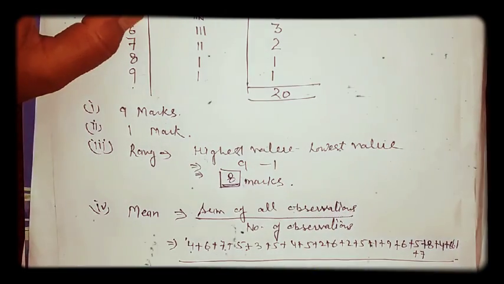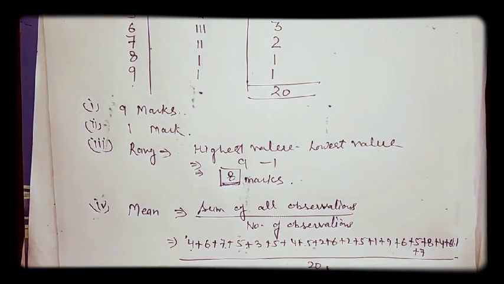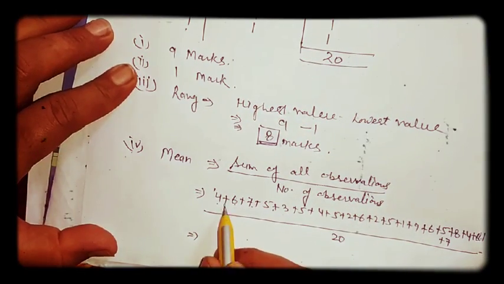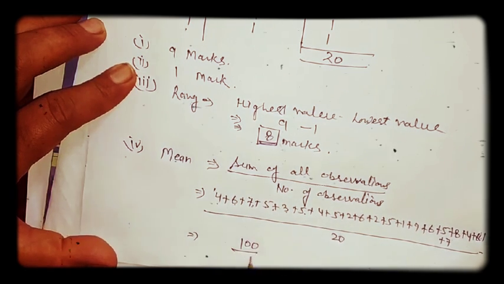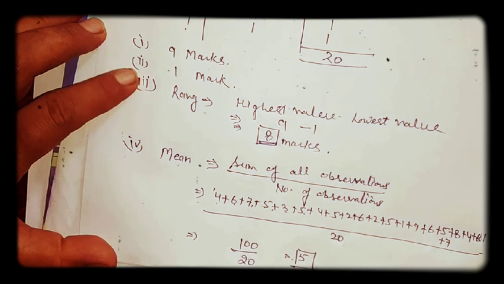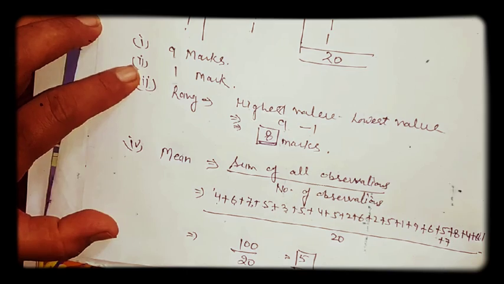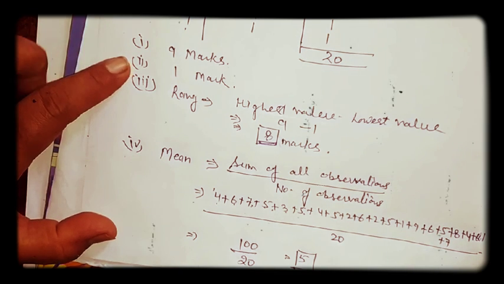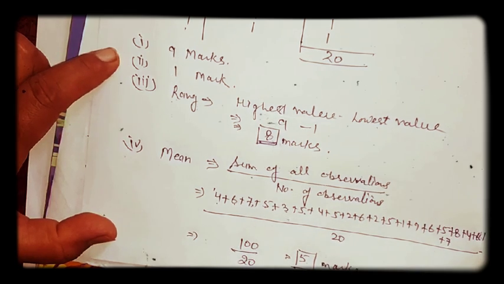number of observations, which are 20. While we are adding these, इनको add करेंगे, that will be 100. So 100 divided by 20, that is 5. तो mean marks of this is 5. मीन्स अगर उस क्लास के बच्चों के टेस्ट का असेसमेंट करेंगे तो एवरेज है, हाईएस्ट मार्क्स 9 है, लोएस्ट मार्क्स 1 है, तो एवरेज मार्क्स ऑफ दिस क्लास इज 5 marks. That is the average and the arithmetic mean is 5 marks.